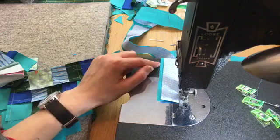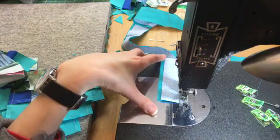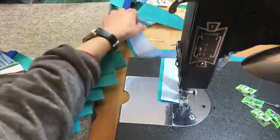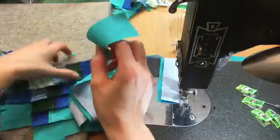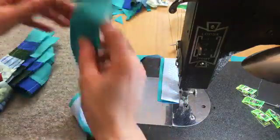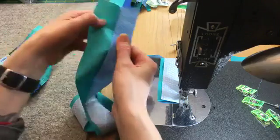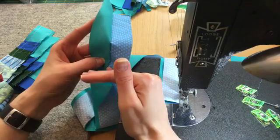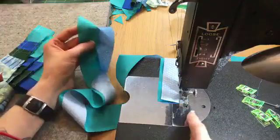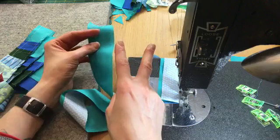Oh, that's a problem. You're right, Catherine. What do I do about that? Oh, I could do two. Oh, okay. So, I could get real dangerous here now. We actually got to do this block yet. But for the next block, we have to actually take this off of the machine and chop our 7 inches off of it. And then we sew the next strip on. So I actually do have to take it off of the machine unless I work on 2 blocks at once,